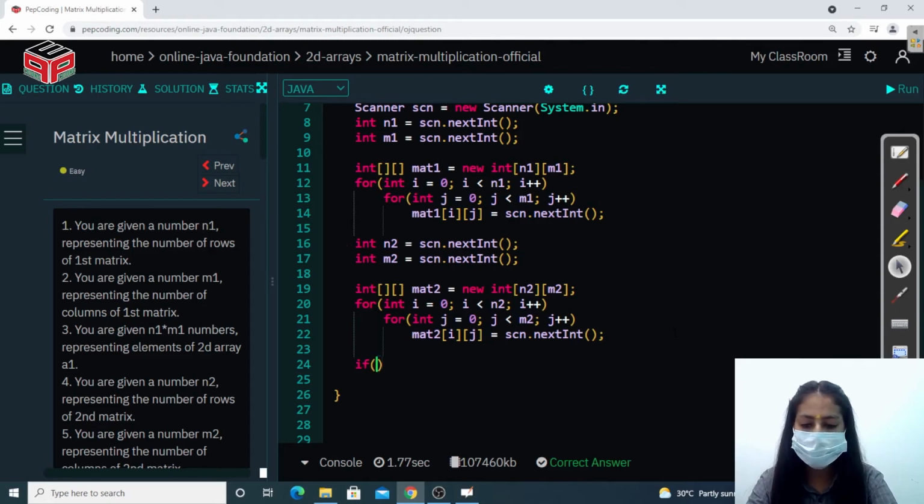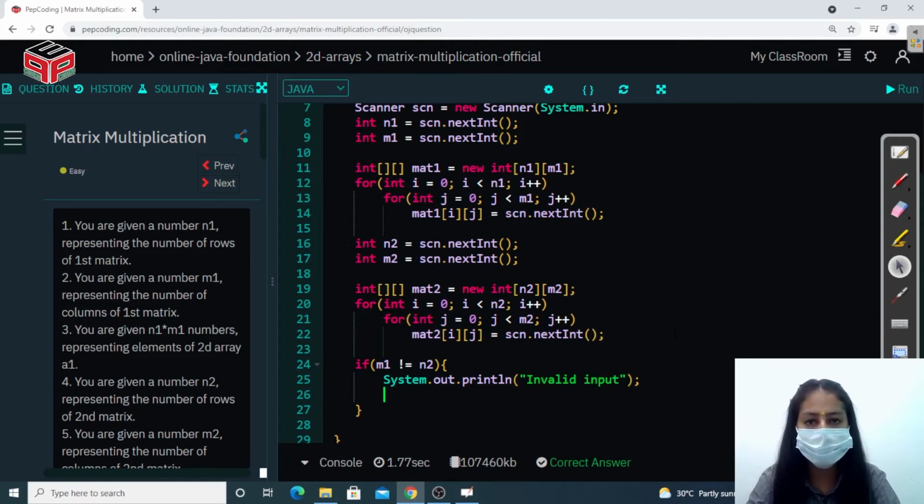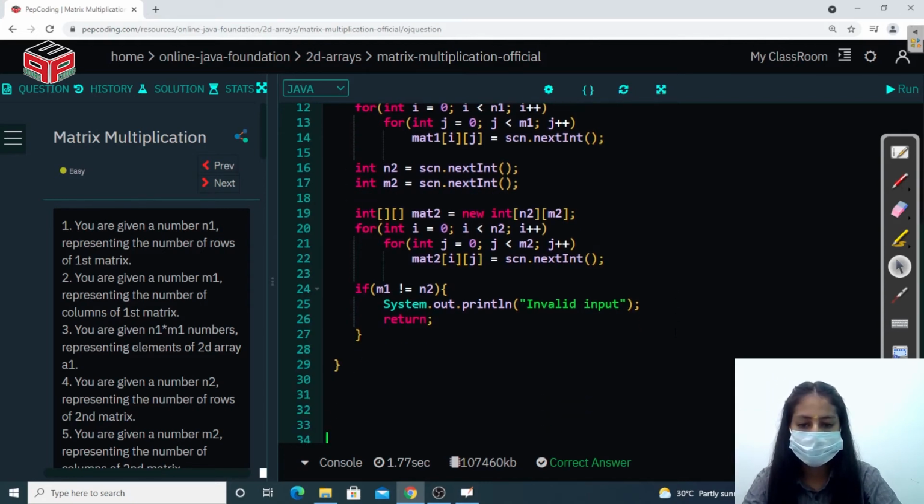If the number of columns of the first matrix, represented by m1, is not equal to the number of rows of the second matrix, represented by n2, then we simply print invalid input, right? And we return from this function, as we can't multiply these two matrices.